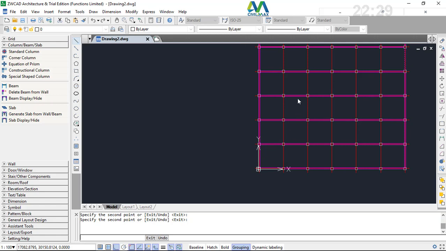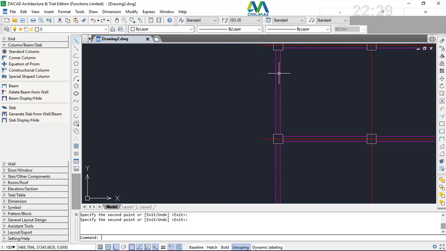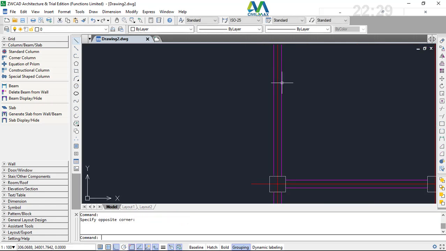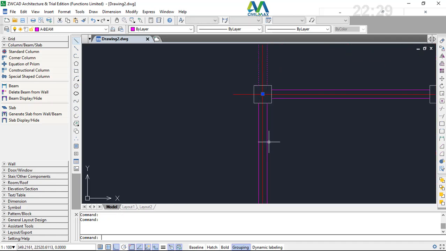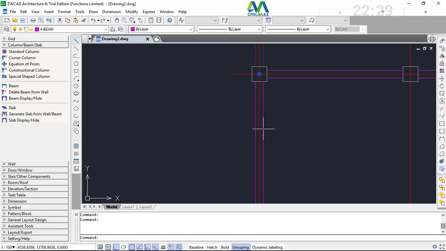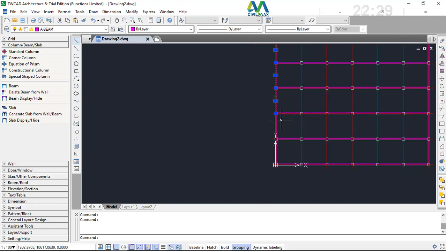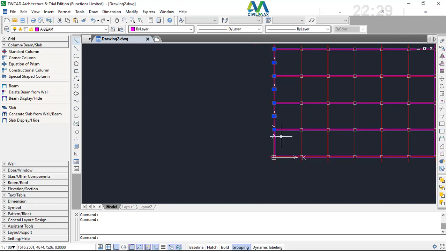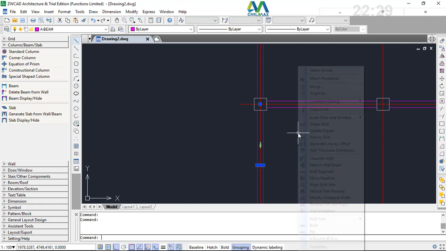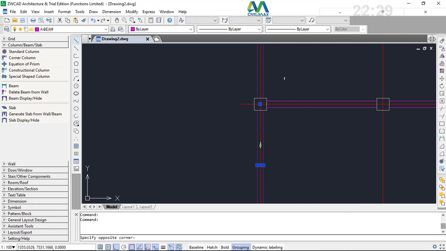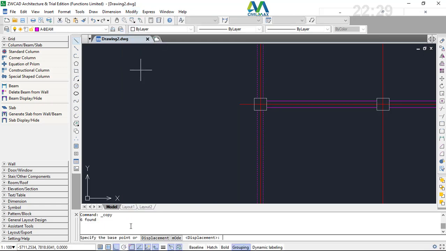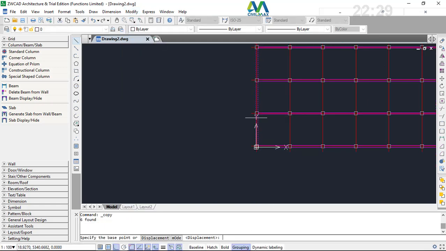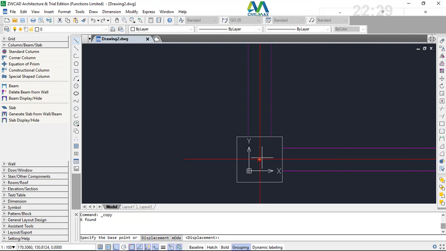I'm done with this. We are close to winding up on this. Then select on this, zoom and pick on that, zoom close and pick on this, zoom close and pick on that, zoom and pick on this. Just pick everything, right click, or just come to modify and pick on copy, or you can type on the command line here CP, then enter. Then the copy command will be